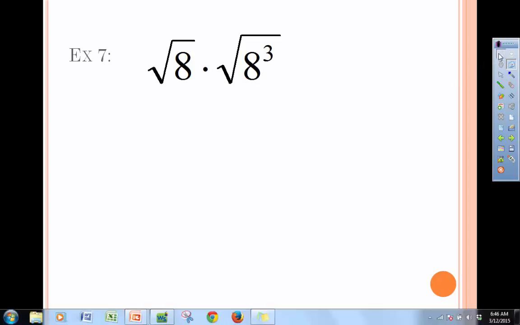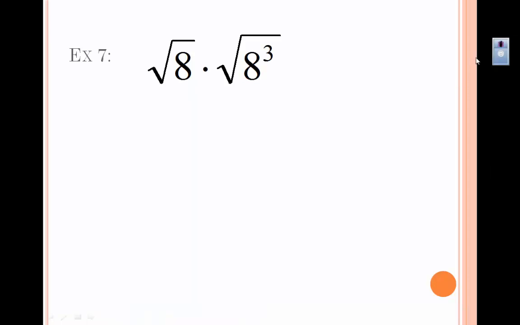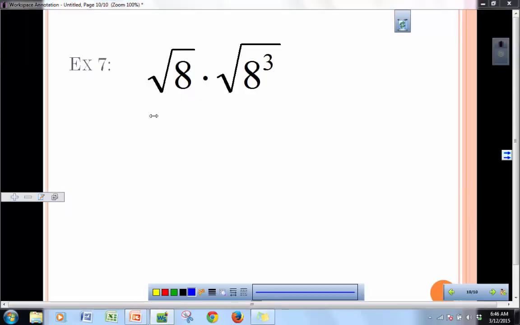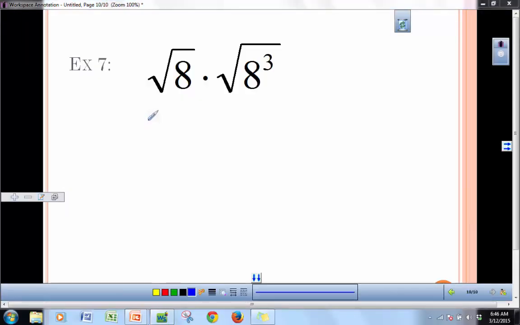All right, last example. I just put something up there to show you the benefit of rational exponents in comparison to radicals. A problem like this, if you were asked to simplify root 8 times root 8 cubed. If we wanted to do this with radicals, there's a couple ways you could go about this. One, we know that the square root of 8 is 2 root 2. And 8 cubed, well, that's one of our bigger numbers that we should have memorized. So some of you might want to do that work separately, or we know that this is the same thing as